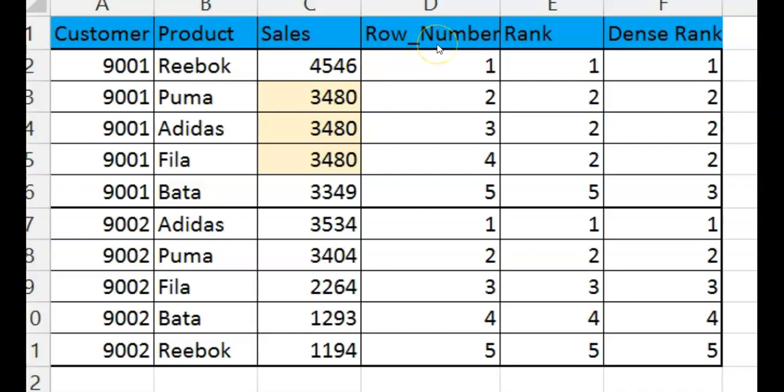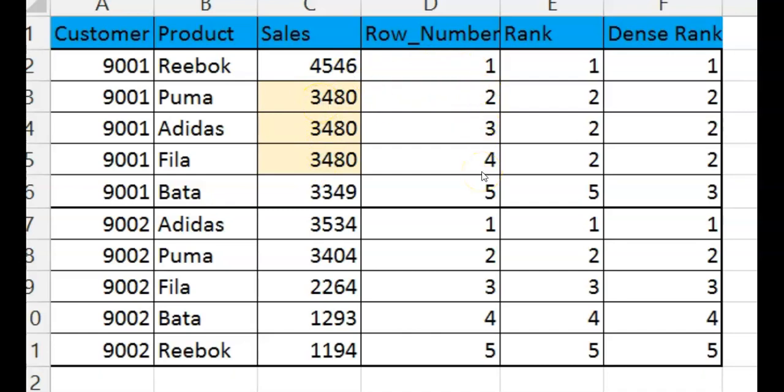If we go for the row number basis of rank, it assigns a serial number in order of the values. So the first value 4546, which is the highest value, will be assigned a rank 1, and the other three which are exactly the same will be assigned a rank in sequence order of 2, 3, 4.